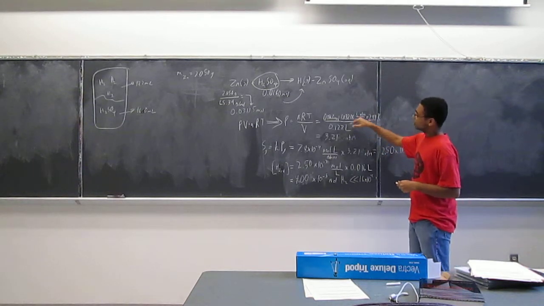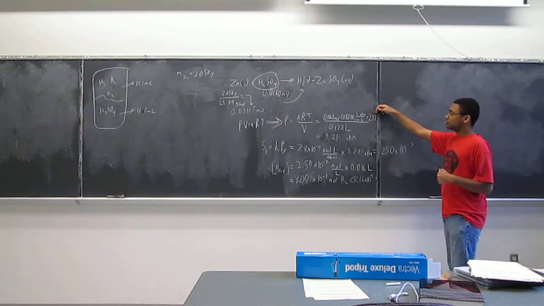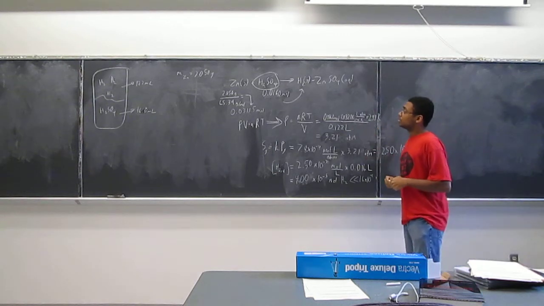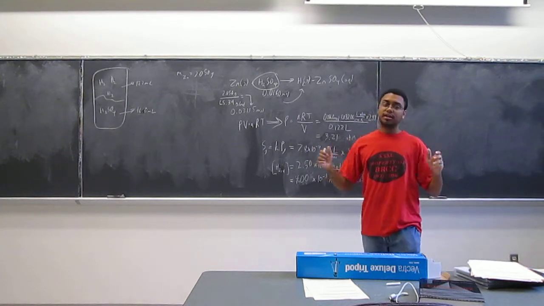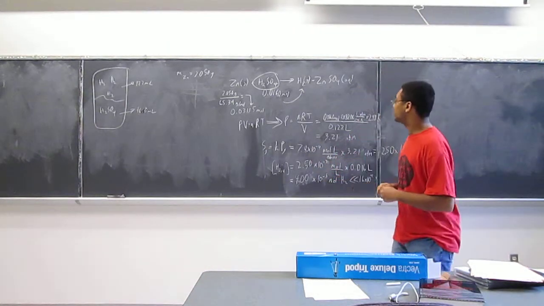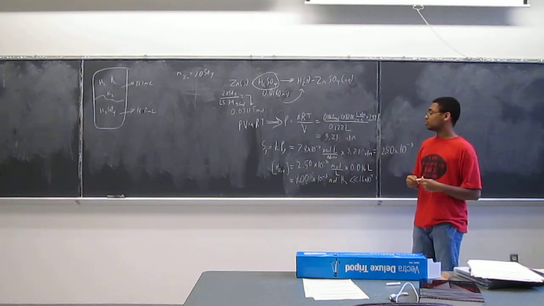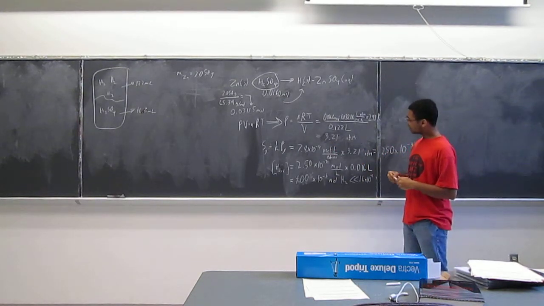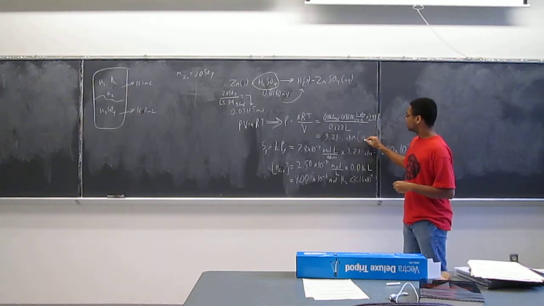We have moles of hydrogen that you figured out, the gas constant, the temperature of 298 Kelvin, and the volume of your gaseous phase in your reaction chamber, which is 0.122 liters. And you come out with 3.21 atmospheres